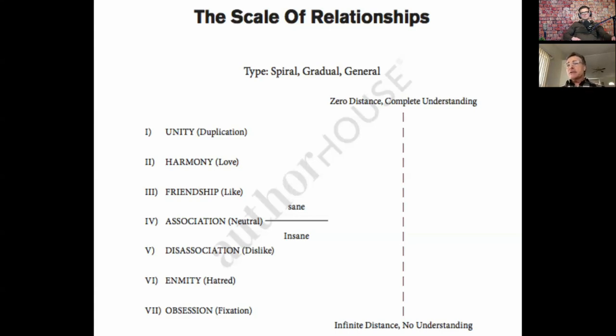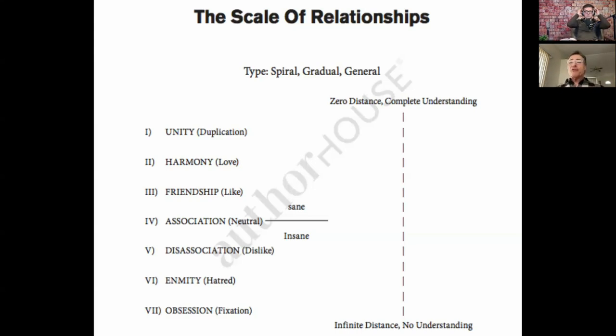So there's enough understanding there for you to not have any animus against the person. See, you don't really care because you're not concerned about this person. You're just going in there to do business. So you go to your chiropractor or your acupuncturist or your medical doctor or your dentist, right? You associate with them. They're not your friends. You go and you pay your $500. He fixes your cavities and you go home. See, that's association. It's neutral.